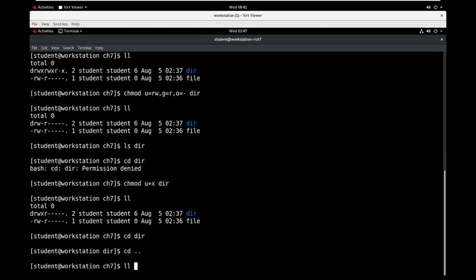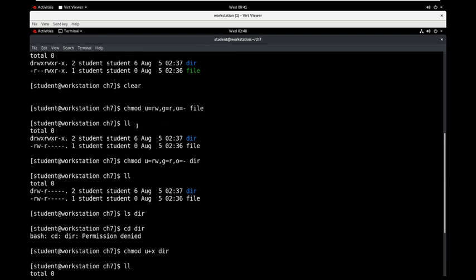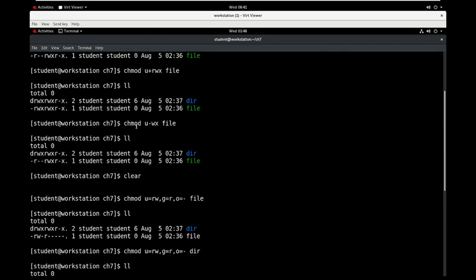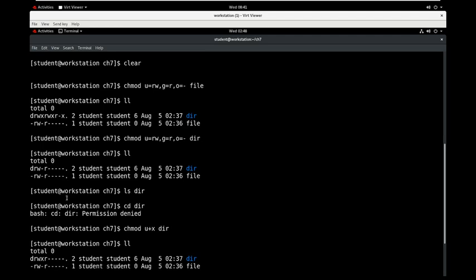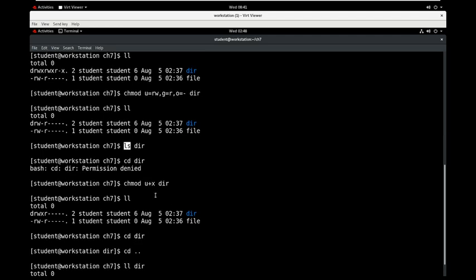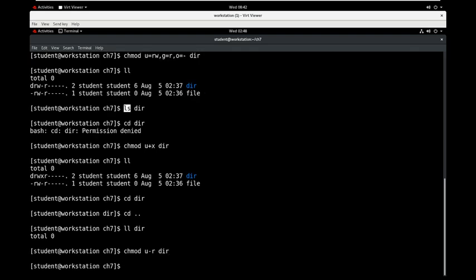And there was an unintended consequence a little bit earlier. If you can't descend into the directory, if you can't cd into it, you can't list it either, which is why I got caught just a little bit up here. Where was it? When I did an ll or long listing on dir, here it is, and nothing happened. That's because in order to do an ls, not only must I have the read bit turned on, but the execute bit is also required. So watch what happens if I do this. If I do chmod user minus r on the directory, in other words, no read. I'm sorry, you have to have read and execute, not write. If I turn off the read bit,